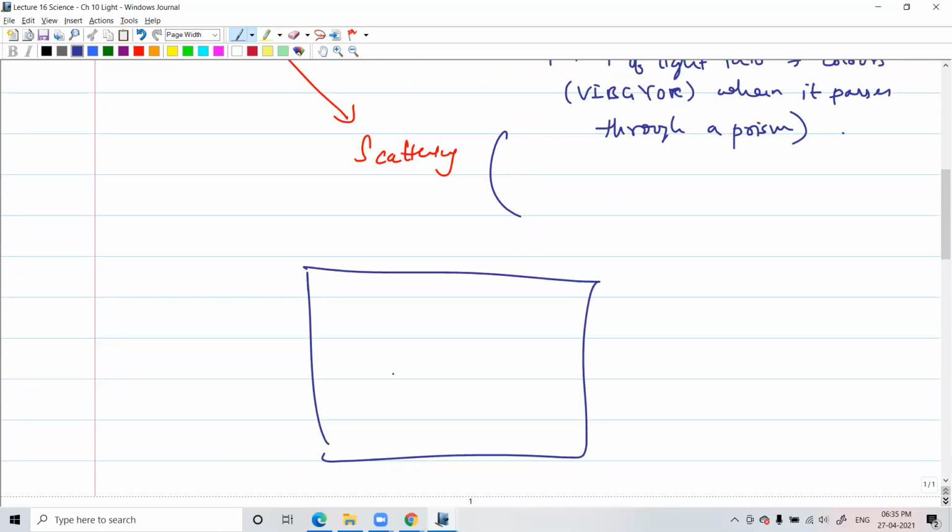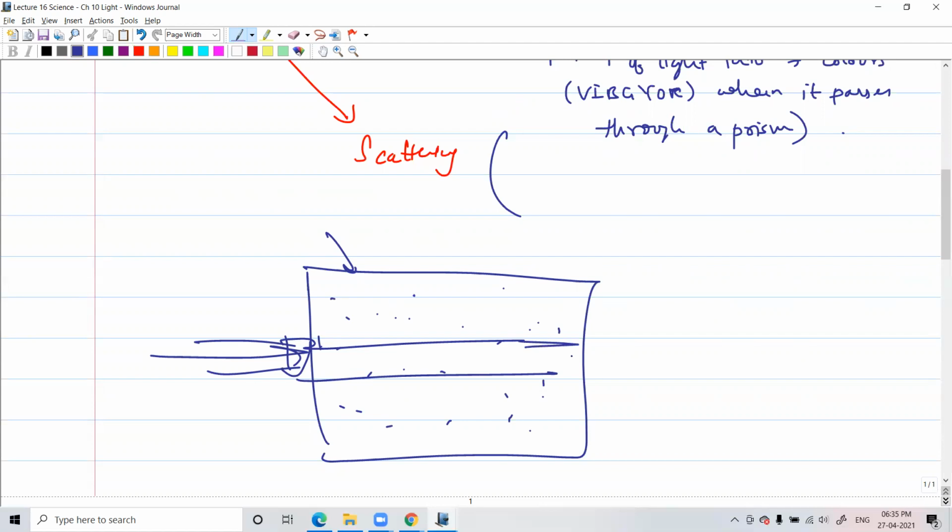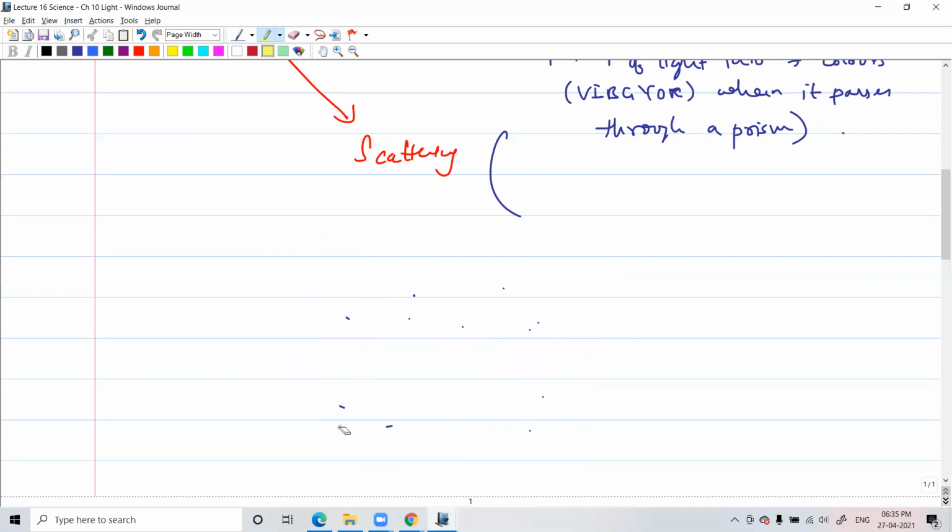Do you remember some experiment where you put some water in a jar with some suspended particles in it, either sand or chalk dust, and then you made light pass through it with a torch? When you do that, you are able to see the light. The light becomes visible. So the Tyndall effect, that is scattering of light. But anyway, we will get to all those things later.